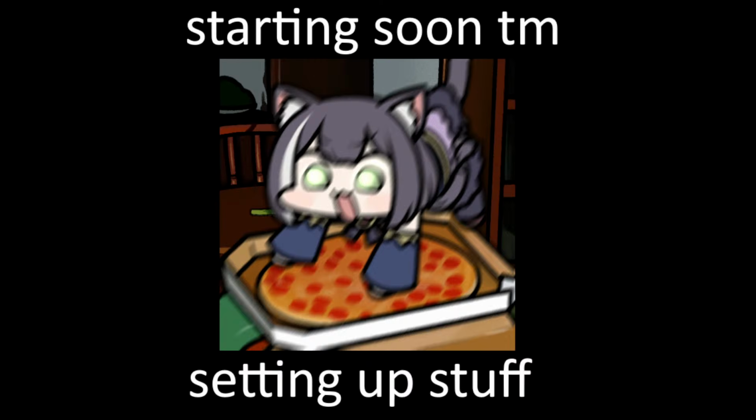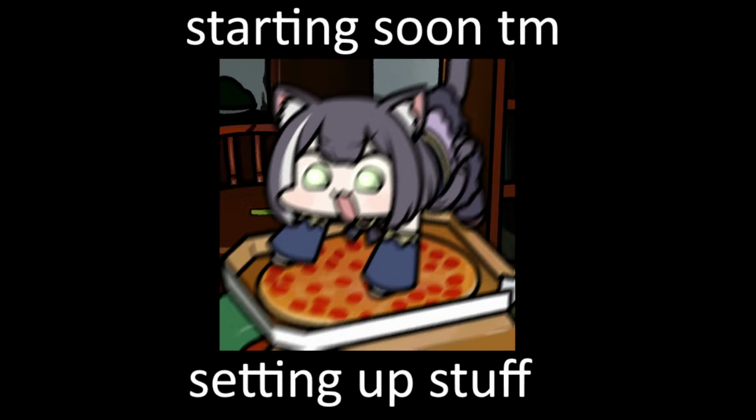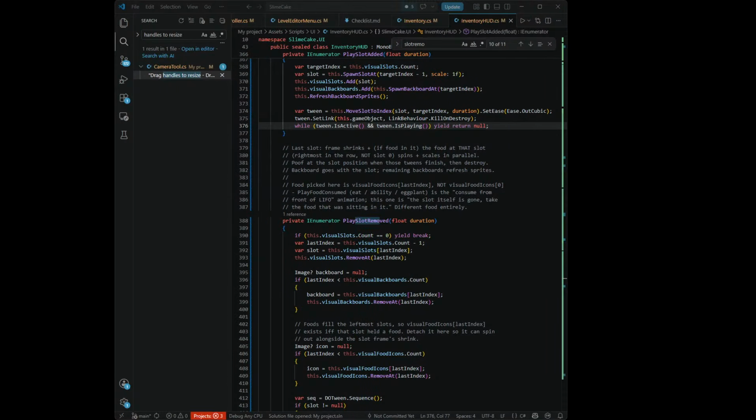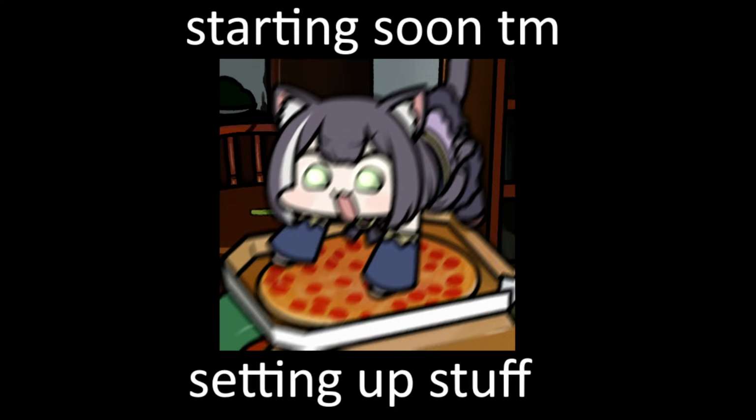Alright, OBS up. If I open this, you should see Unity. Unity is good. Wait, let me make sure it doesn't have my real name on it somewhere. VS Code. Where does it have my name? Am I even logged in? No, I might not be logged on my VS Code. I think I'm good. So if I click this, you should see VS Code. It's not full screen. I don't know if I like seeing this half screen.